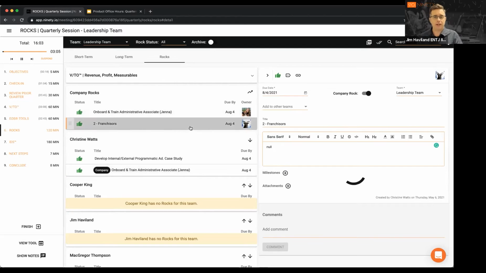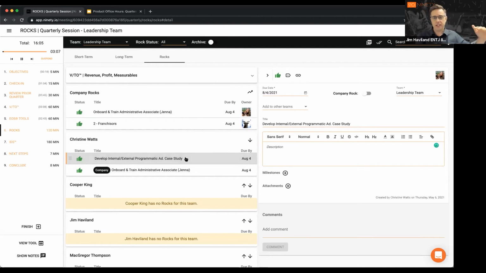That's a good way for Michelle to spend her time when she's not doing the things that are in her seat. Because we're all going to want to support them and understand what they're working on, so we can ask the questions in the L10. Hey, Christine, is that rock really on track? I don't know about that.